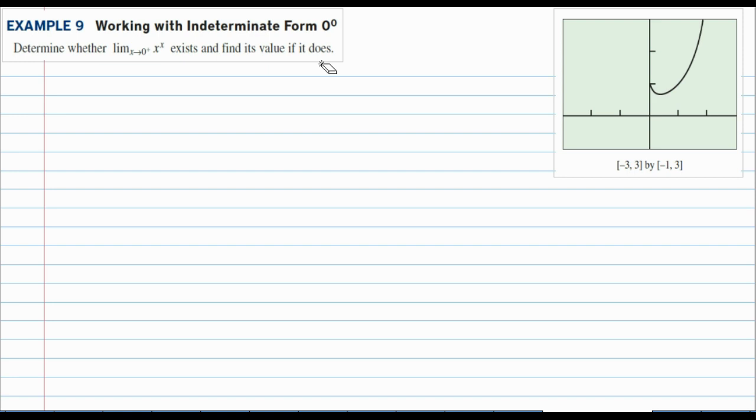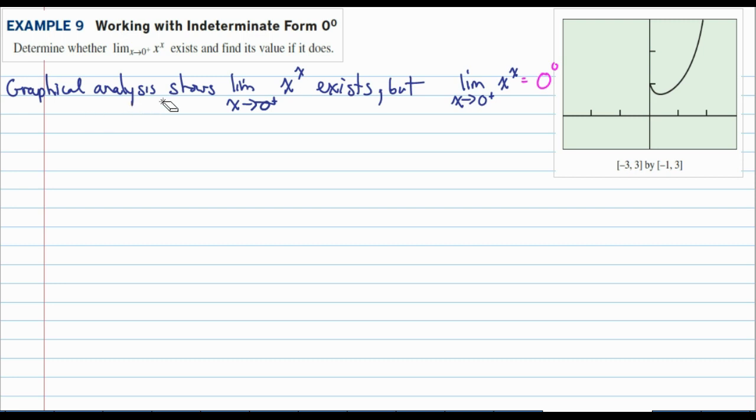value if it does. So first we need to determine that it exists. Well, that's going to be from the graph. So what I said was graphical analysis shows that the limit as x approaches 0 from the right of x to the x exists. It looks like it should approach about 1, but the limit as x approaches 0 from the right of x to the x is in fact 0 to the 0. So that's the indeterminate form we're working with, which tells me I'm going to start out by taking